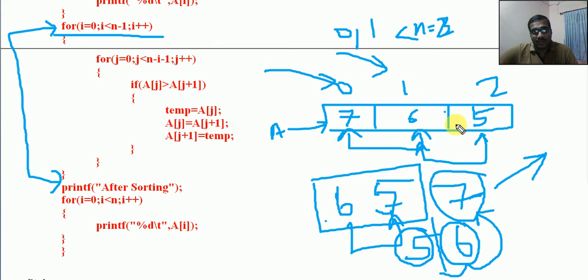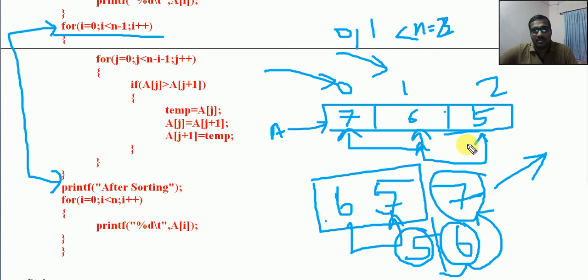While explaining this logic, I have stopped here. I didn't go for this 2. That is not at all required. Whatever be the size, if the size is 10, 10 minus 1 is 9, less than that means up to 8 only we need to go for the outer iteration.